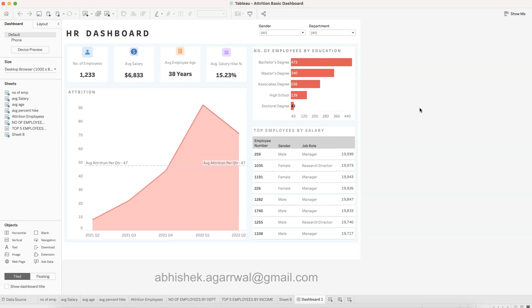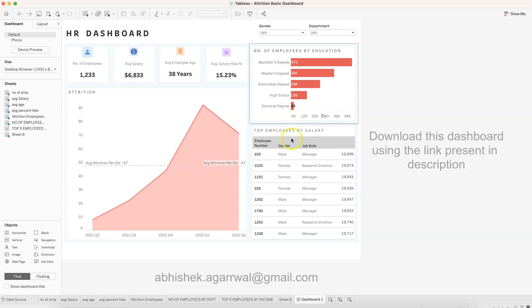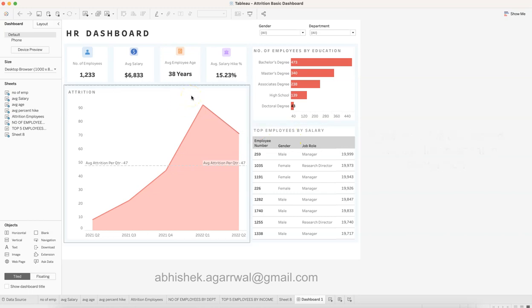So if you have seen my previous video yesterday, I showed you a similar but a little bit different type of layout for the finance dashboard, and the link is present in the description if you want to go through that. And today I am showing you how you can create this HR dashboard, which is talking about the KPIs,